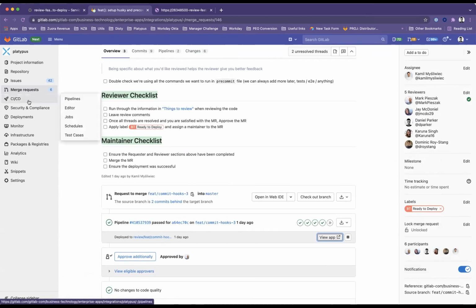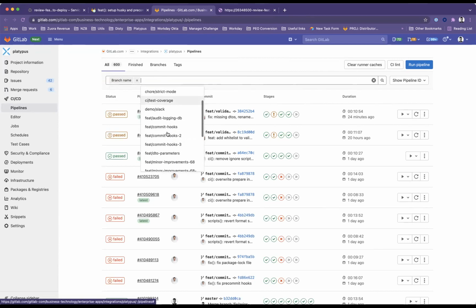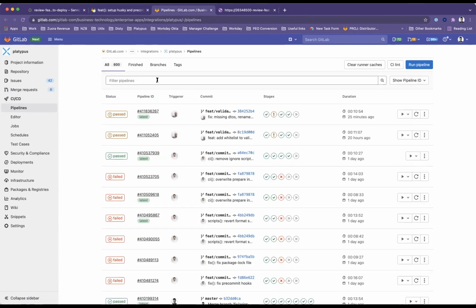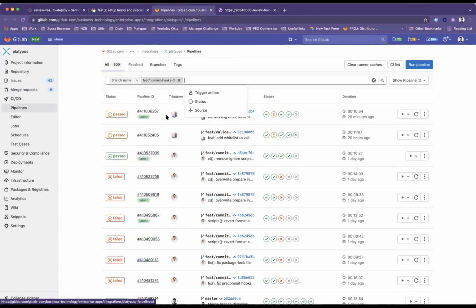Or at the CI/CD for that branch, maybe, then you could see how many deploys you've tried to do. So mine there failed. I'm just trying to figure out how to find it as well, but we can look at it after. Yeah, so what's this one called? Commit hooks 3. Okay, so if we filter the pipelines by commit hooks 3,